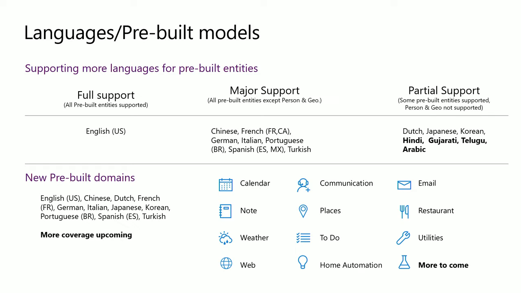We also continue to expand on our pre-built models. We have 2 types of pre-built models. First, pre-built entities, which are recognizers for things like date, time, and number. They're very well-formed recognizers, open sourced by Microsoft, and we integrate them into the model, and we're taking them to these multiple languages so that they're all aligned with English.